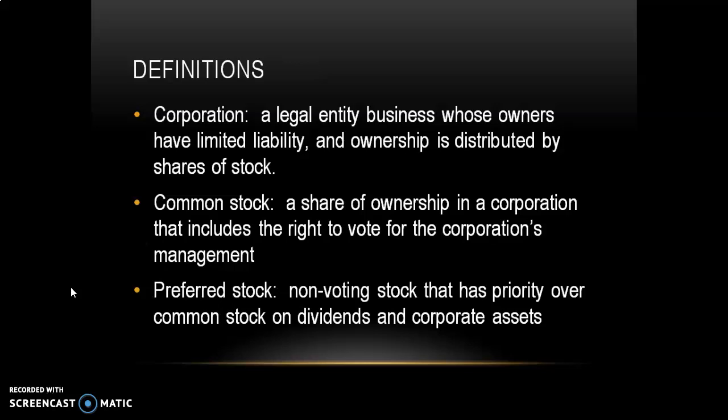So I'll give you an example of how that would work. Let's say a corporation goes bankrupt. It can't pay its bills anymore, and it's going to just cease operations. Then what would happen is the corporation will sell all of its assets, and once it's sold all its assets, it will have to pay off all its liabilities. And then if there's any money left over after paying off the liabilities, the next people to get a share of the corporate asset value will be the preferred stockholders. And once the preferred stockholders are paid out, then if there's anything left, that would go to the common stockholders.